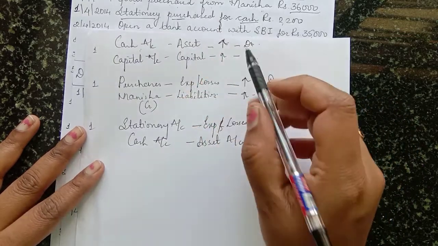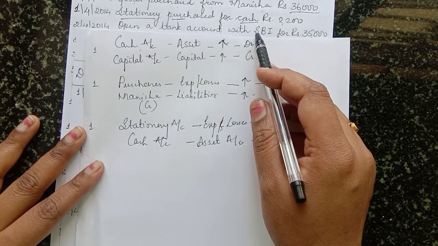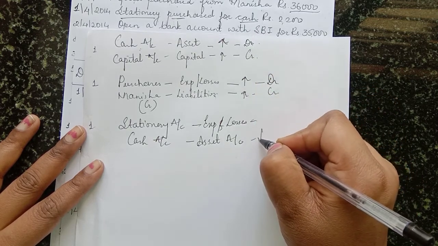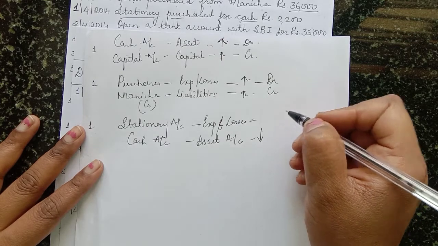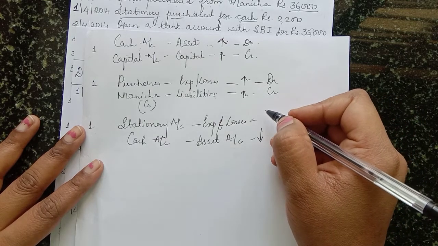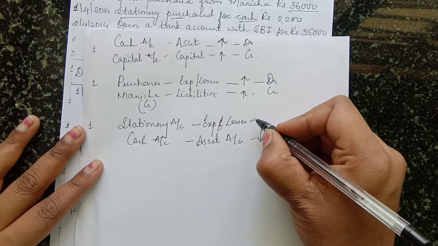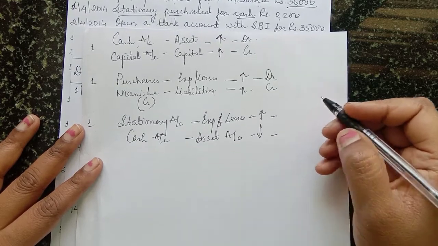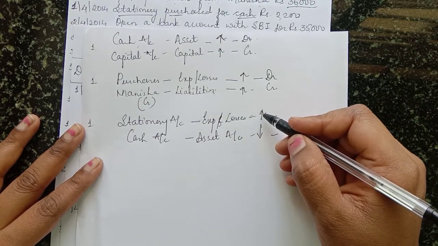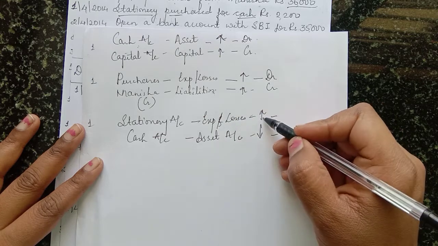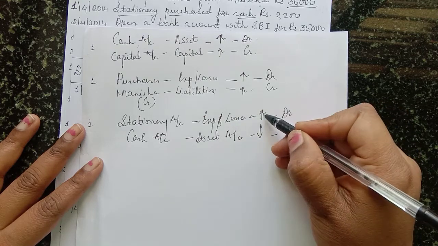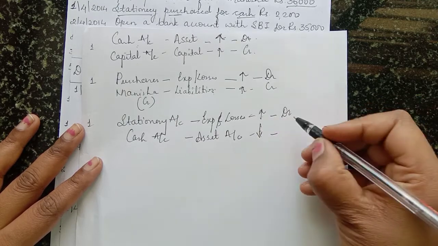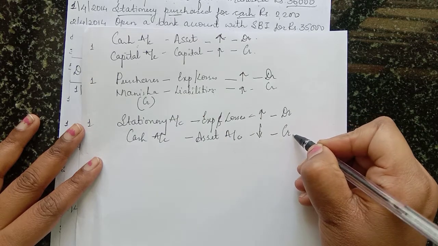Now you have purchased stationery by giving cash. Means cash is going out. Right? When cash is going out means cash balance is decreasing. Then stationery account. When you purchase something, it is an expense. Your expenses are increasing. So apply the rules now. Debit, increase in expense and losses. Asset also, debit, increase in asset, credit, decrease in asset. So decrease in asset should be credited.